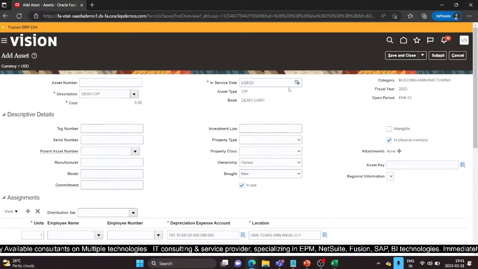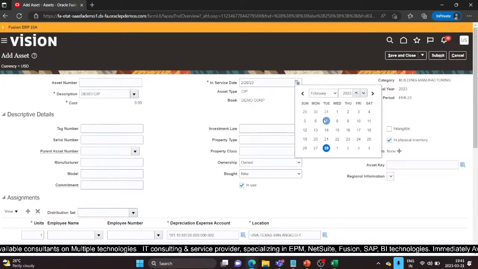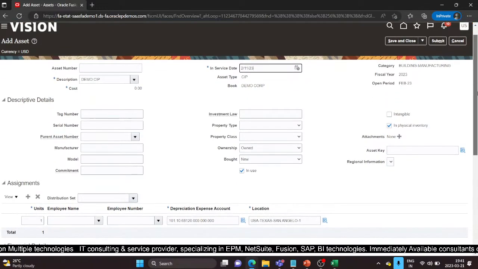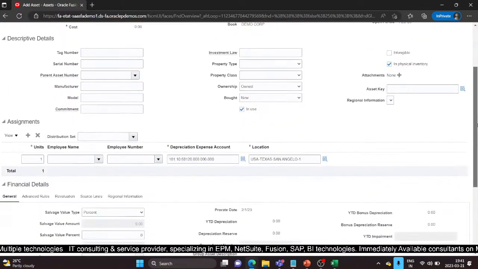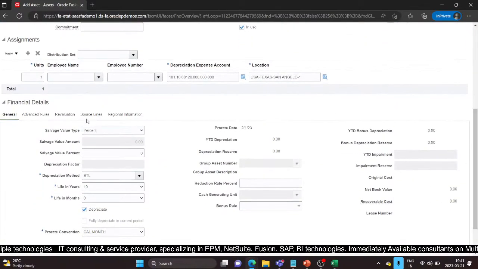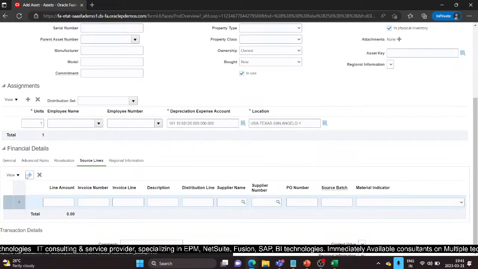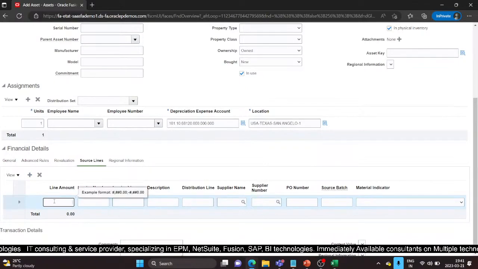So the in service date, or from when I'm adding this asset, I'll take it as 11th of Feb. Because I will be capitalizing this in the Feb month itself, I will be capitalizing it on the last day of the month. Now here, if I go to source lines, I can provide the description of whatever cost has been incurred. So say I am providing the cost as